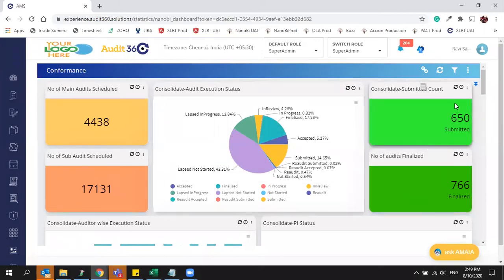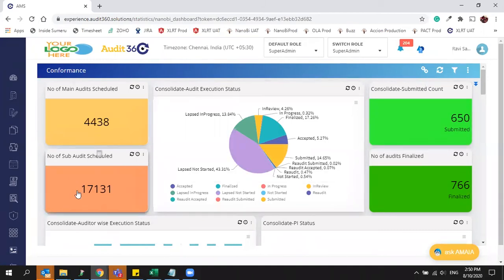And you can see the submitted count as a standalone count. It only refers to the submitted status. It does not include accepted, and after that finalized; those counts will not be included here. It will tell you only how many audits have been submitted in the submitted status.